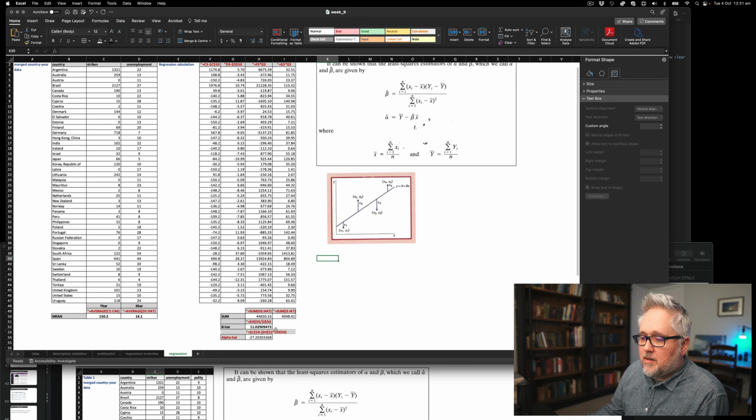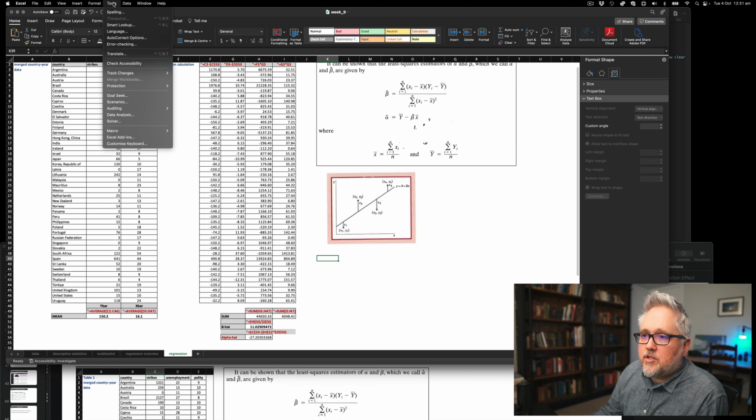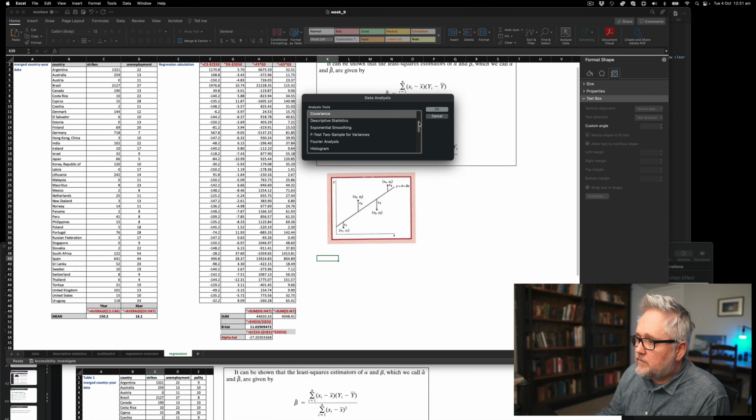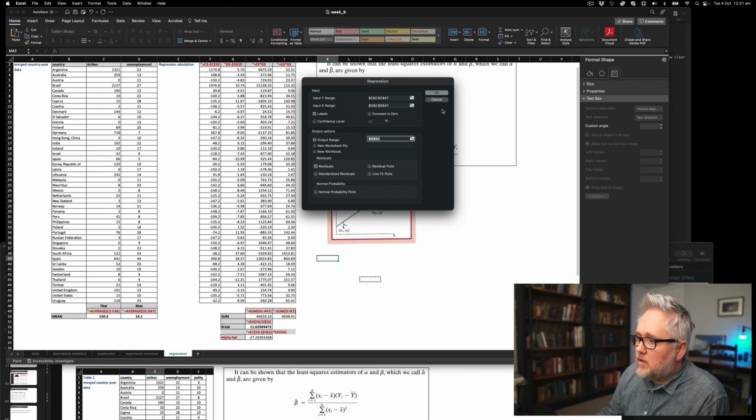So let's double check our numbers and make sure I didn't make any clear mistakes by going to the Analysis ToolPak in Excel that we added several weeks ago. So we go to Data Analysis, and we're going to go down to Regression, click OK, and input our dependent variable range and independent variable range.